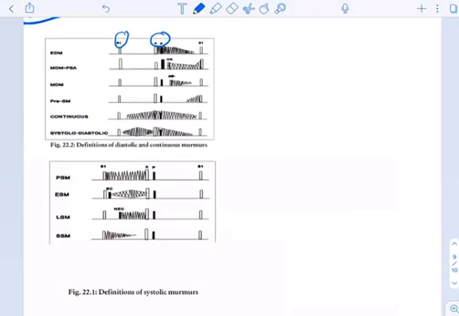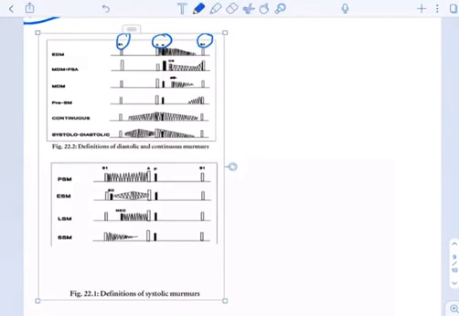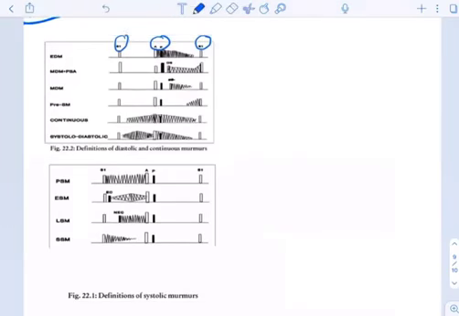So basic is, this is S1, this is the A2 P2 component of the second heart sound, this is again S1. In early diastolic murmur, we know that this is systole and this is diastole. So it is an early diastolic murmur. It will be present just in the early diastole. In the late diastole, it will fade. Mid diastolic murmur with pre-systolic accentuation occurs classically in mitral stenosis. So mid diastolic, after opening snap, it is occurring, and pre-systolic accentuation. Here the early diastolic murmur has stopped, but this pre-systolic accentuation is also there.